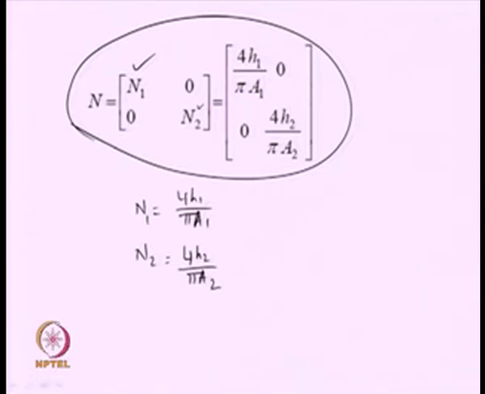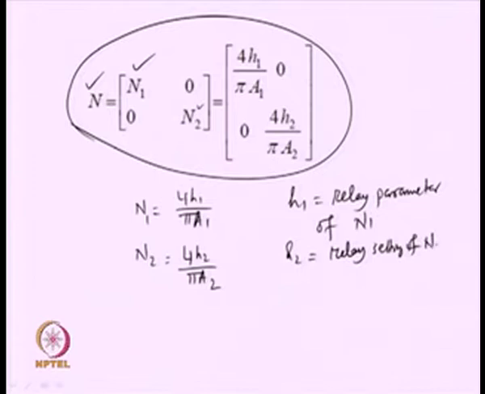So, what are h1 and a1 in the expressions for n1? H1 is the relay parameter of n1, the relay setting of n1. Similarly, h2 is the relay setting